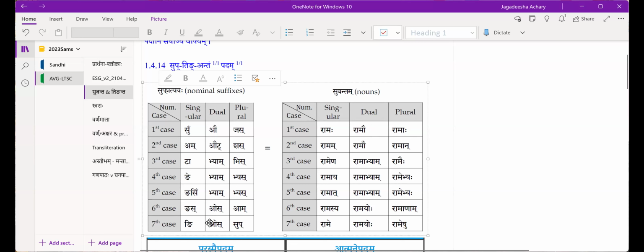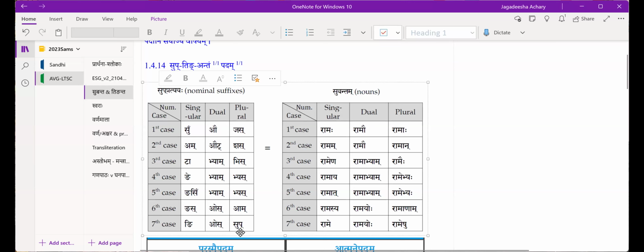Let's take the other end example, the 7th vibhakti. Rama pratipadika plus ni pratyaya, and then some sandhi rules and other rules come in, and you end up with Rame, in Rama, the 7th vibhakti ekavachana. Rama pratipadika plus os sup pratyaya, you will get Ramayoh. All the steps from which Rama plus os becomes Ramayoh, we will discuss when we come to book 1, at least in some examples.